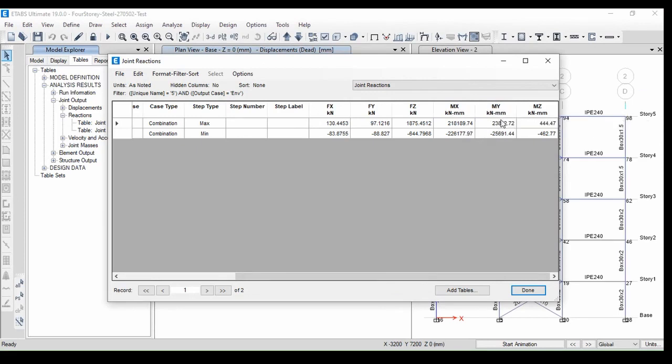And Y is the moment about Y-axis. Oh, sorry, here, MZ. In ETABS, MZ is representative of torsion. So MX is